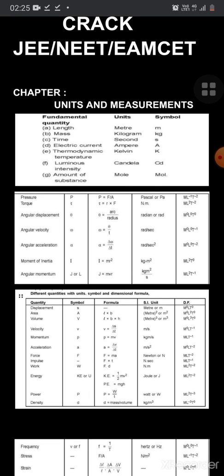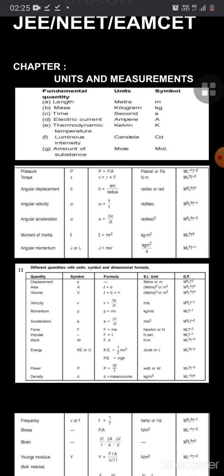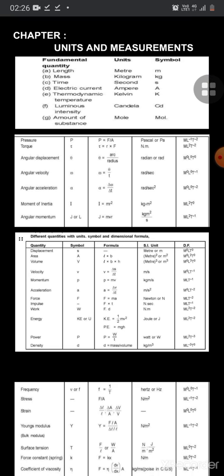In order to answer the questions from units and measurements, the students must learn by heart the fundamental physical quantities and their units and their dimensional formula. From the fundamental physical quantities, we can derive the derived physical quantities. For example, length, mass, time are the fundamental physical quantities from which the velocity or pressure or acceleration can be